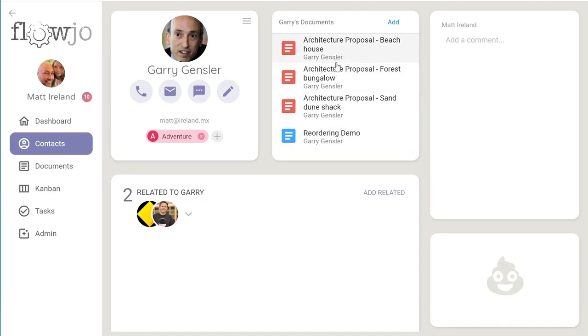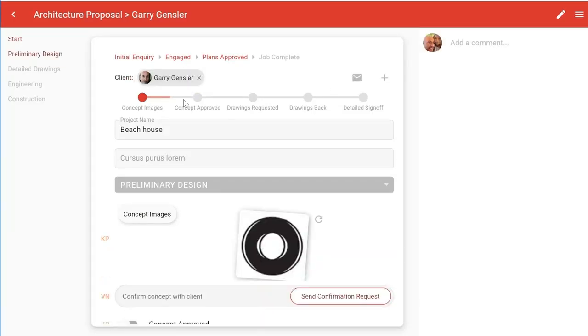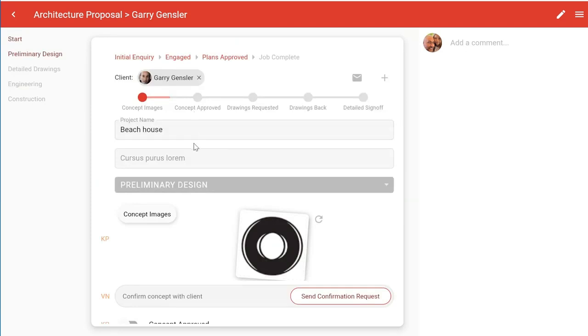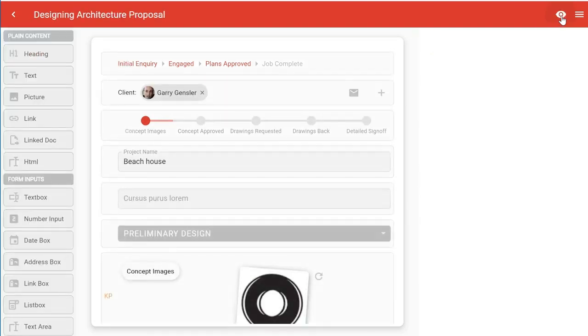So to start off with, we'll have a look at modifying an existing document. If we take one of these ones here, you can see it's already been filled in, but if you were working on this document and you wanted to make changes to it, you simply click on the design button up here and it will go into design mode, and design mode will show you all the components on the left here that you can drop onto your page. So components consist of static content, which is just things like headings and plain text and links to other